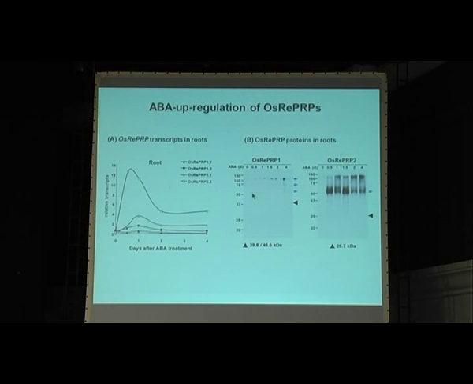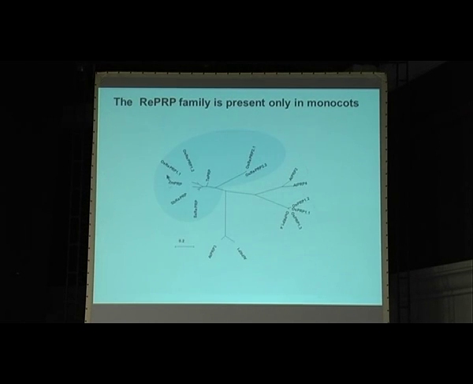And of course, at the protein level, P1 and P2 are also induced by stress, as shown by the Western blot here. But there's a difference, because we know the expected size of P1 and P2, and the Western blot indicates the final form of the protein is much bigger than the originally predicted P1 and P2, indicating the protein is modified, actually heavily glycosylated. And the four different proteins are expressed at different levels, and so we are working on two of them, P1 and P2. And phylogenetic analysis indicates these